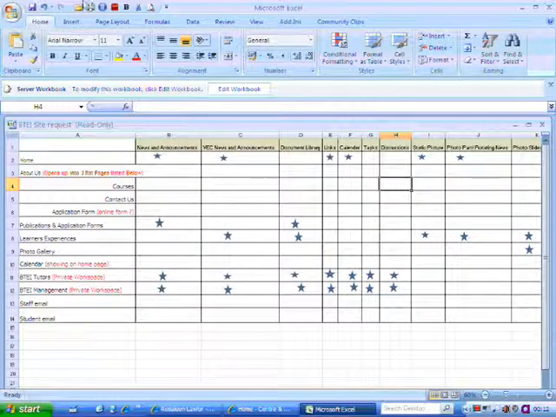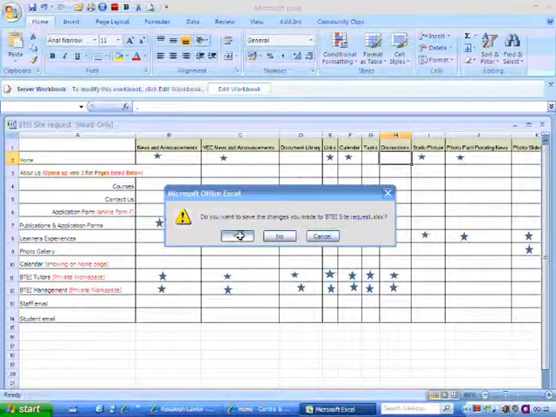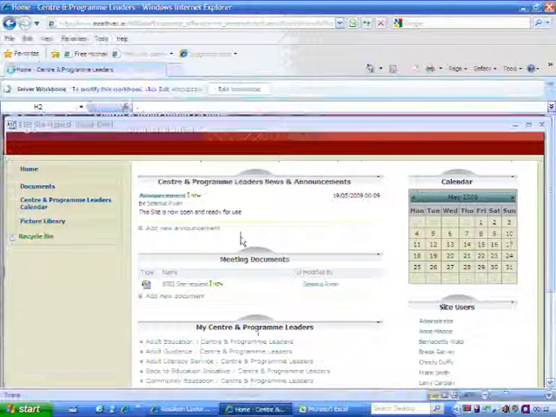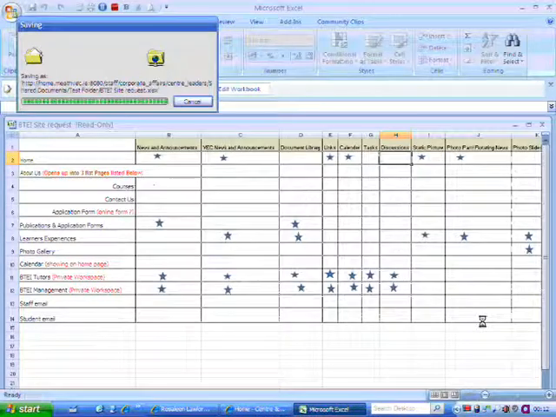So to stop that, if I've made a change, which I have there, I've put in a dot, exit in the corner here. Just select that X. Do you want to save the changes? Yes, you do. And if you basically get into the habit of saving, just save to that. If you get into the habit of Xing in the corner and saving